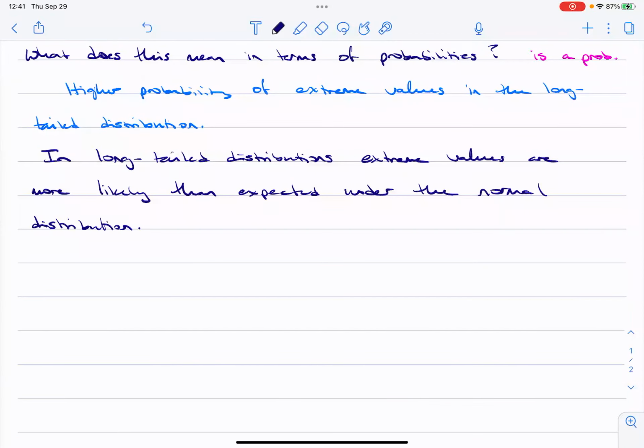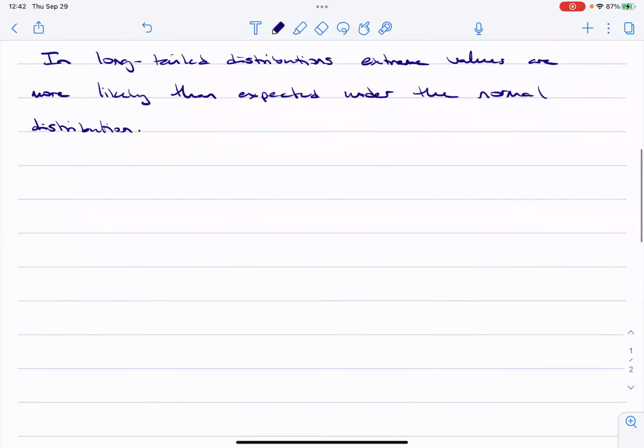So one of the more famous long-tail distributions is the t-distribution, which we also call the student's t-distribution. And you've probably heard about the background of the student's t. His name was actually William Gossett, and he worked for this Guinness brewery, and they wouldn't let him publish his paper. So he had done all this research, but they considered it top secret, so he wasn't allowed to use his name. So he published under student. So that's why it's called student's t-distribution.